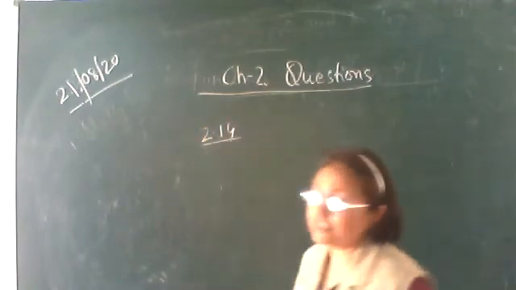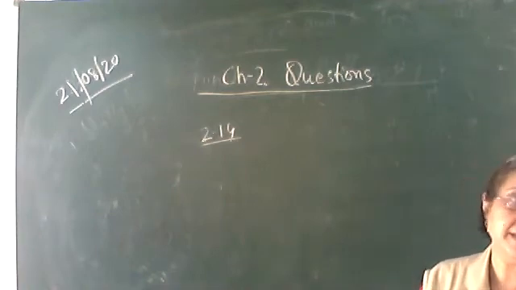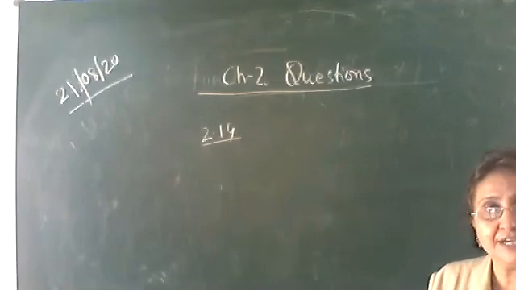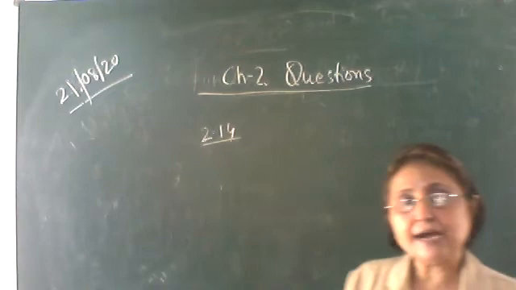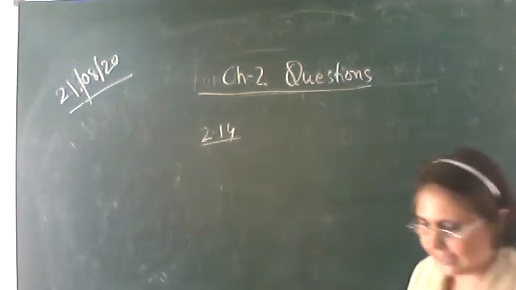Okay, on the basis of dimensional arguments, you have to state which formula is correct and which formula is not correct dimensionally. For an equation to be dimensionally correct, we know that the dimensions on the left hand side should be equal to the dimensions on the right hand side.